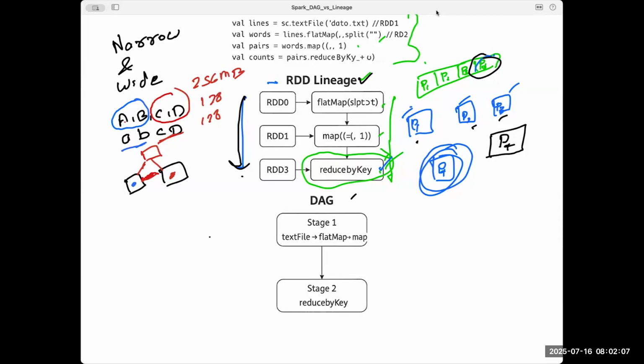Now let's suppose that I have an employee table, and I want to group it by age. It depends on the transformation. I have a worker node here and a worker node here.